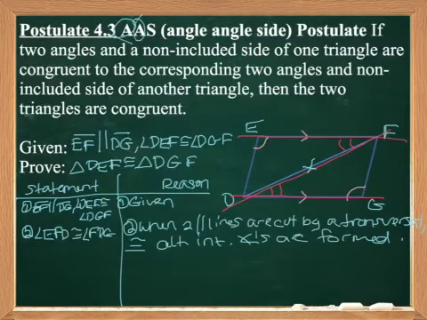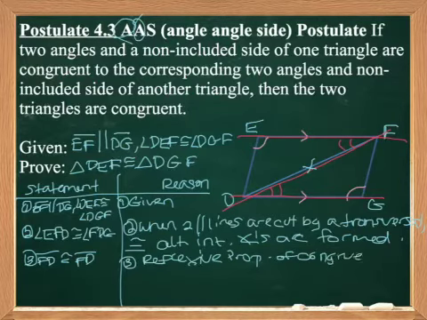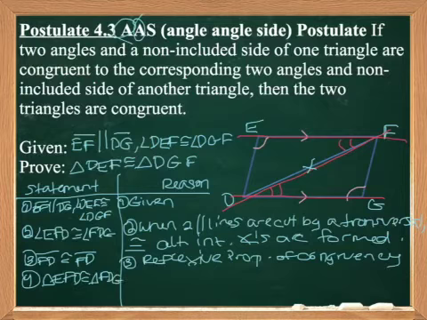And now our last is the side that's non-included. Well, that non-included side, the easiest way to prove it here is that FD is congruent to itself by the reflexive property of congruency. And now we have AAS, angle, angle, side. So we can state that the two triangles are congruent to each other. So triangle EFD is congruent to triangle FDG because angle, angle, side is congruent to angle, angle, side, which means that